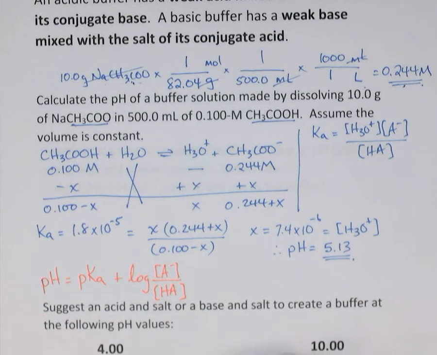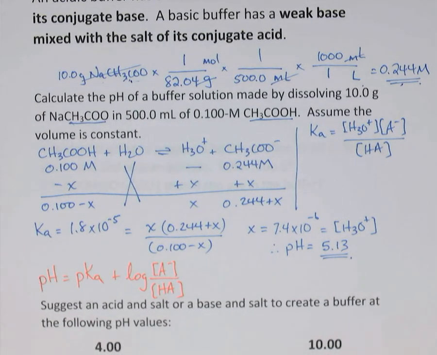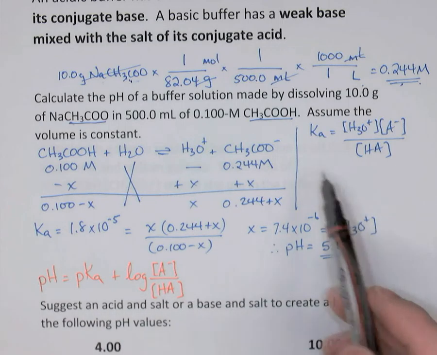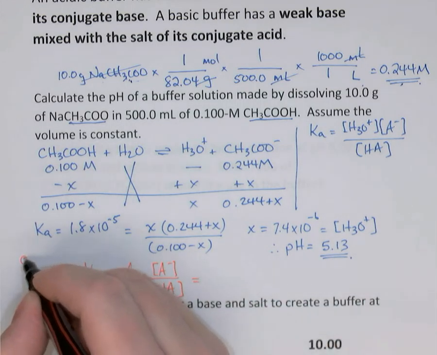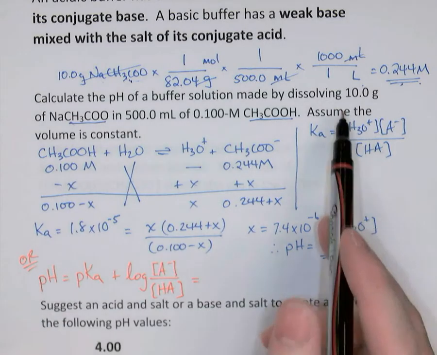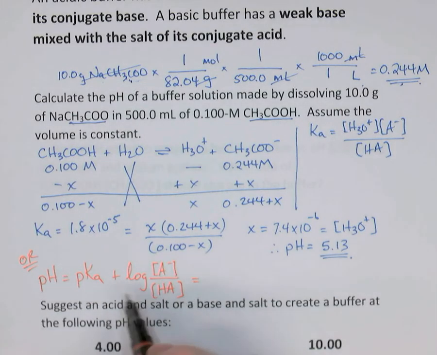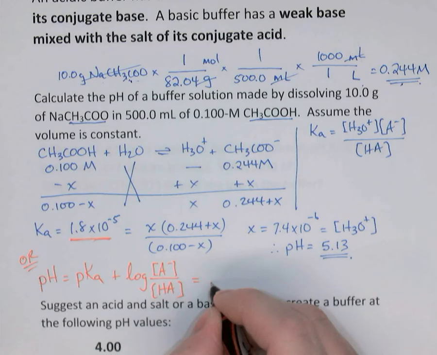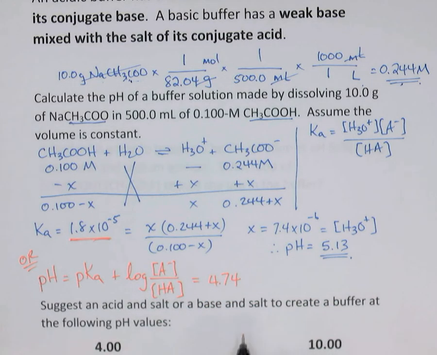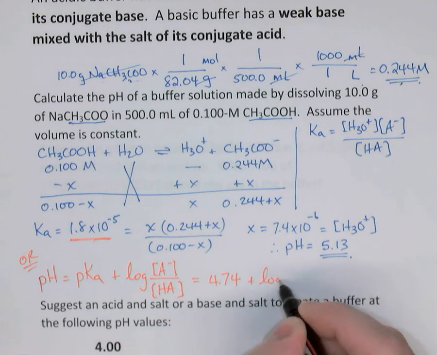Now there's an analogous form of Henderson-Hasselbalch equation that starts with the pOH, and it's equal to the pKb plus the log of the conjugate acid concentration over the base concentration, and it's derived using the Kb expression like this. So using the Henderson-Hasselbalch equation, if we had simply said, hey, this is a buffer, we could jump right to this equation and say the pH will equal the pKa, so the negative logarithm of the Ka value, 4.74 in this case, so negative log of 1.8 times 10 to the minus 5,